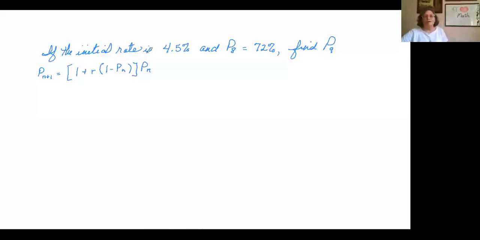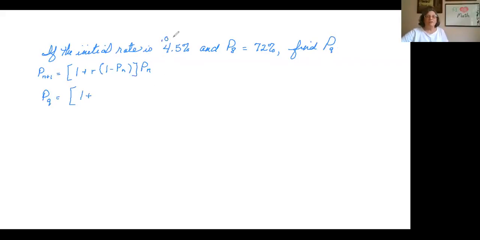If the initial rate of the population growth is 4.5%, and the population percentage at the end of the 8th year has reached 72% of the maximum population, find what the percentage of the maximum population will be at the end of the 9th year. And you actually have to do this year by year. So P of 9 is going to equal 1 plus